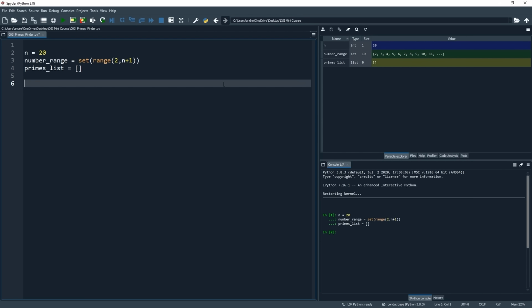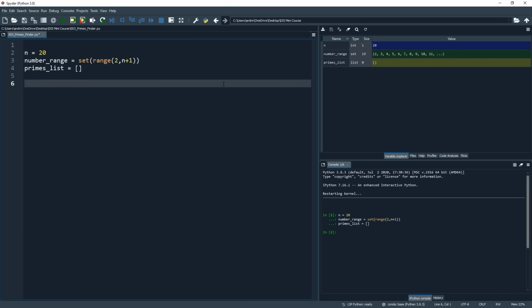The second type of loop that we discussed was the while loop, and this is where we don't necessarily iterate through a pre-existing set of data, but instead we iterate until some condition is met. We will be using a while loop here as we want to keep looping through our set of numbers, which will keep being updated until there are no more numbers to be checked. Anyway, like I said, let's construct the logic first and then put in place the loop later.